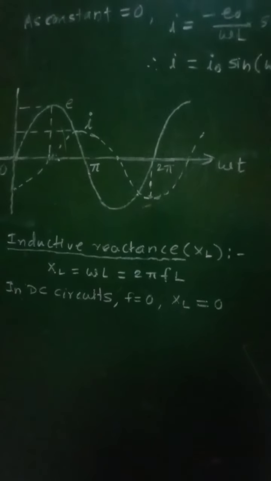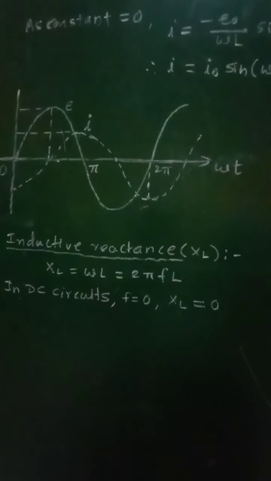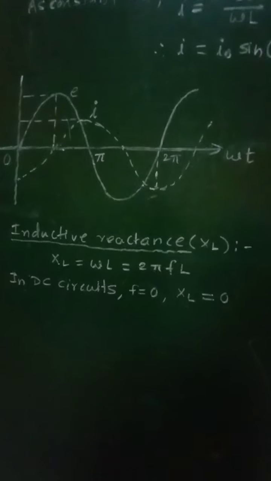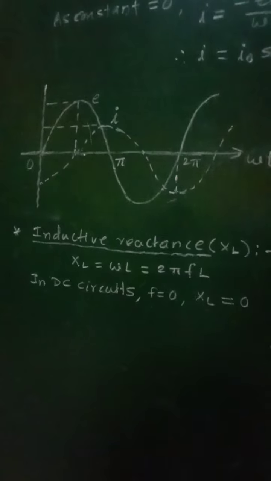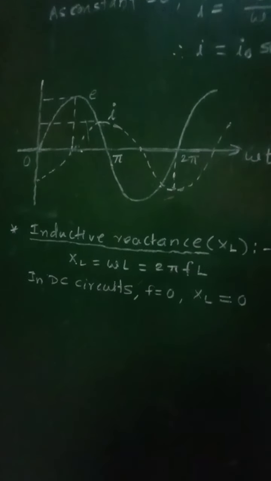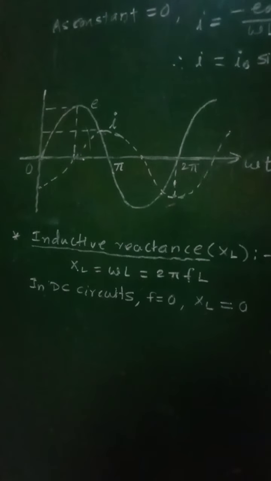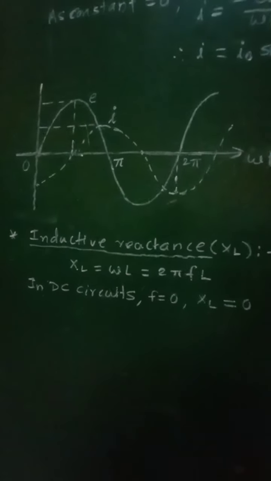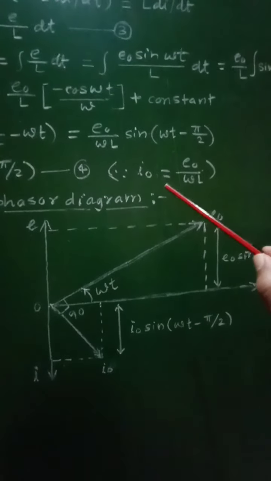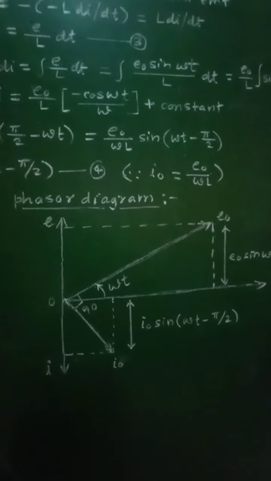The opposing nature of an inductor to the flow of alternating current is called the inductive reactance, denoted by XL. Now consider the peak value of current, I0 equal to E0 upon omega L, comparing this term